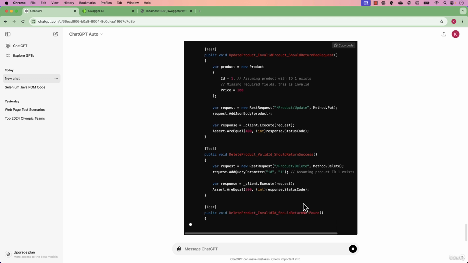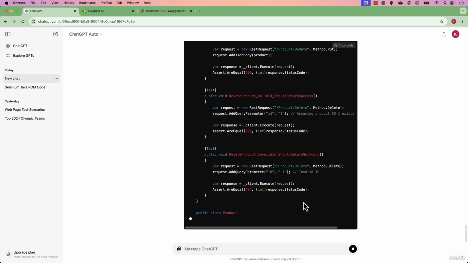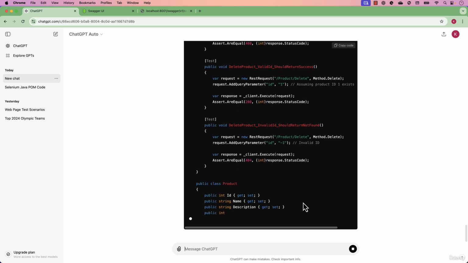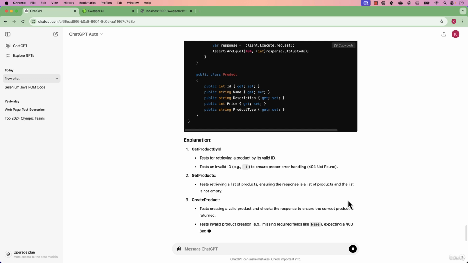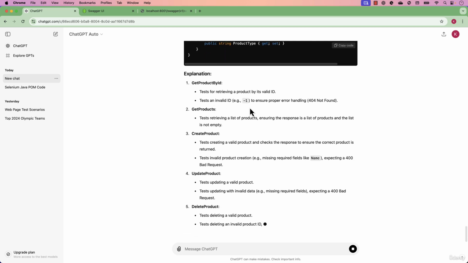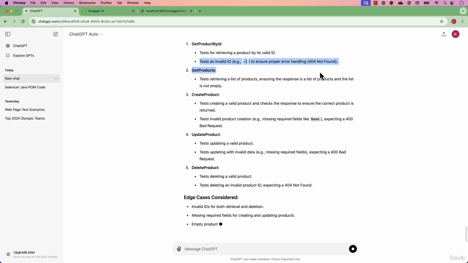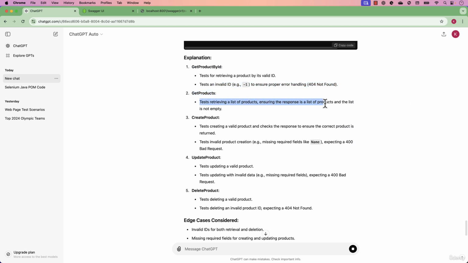It is doing a lot of different operations for you over here. And using this code, we can probably just copy paste it directly within our project, and then we can start writing it. And the cherry on top of the cake is that it is also explaining what this code is. It's also putting some invalid ID and what is the response